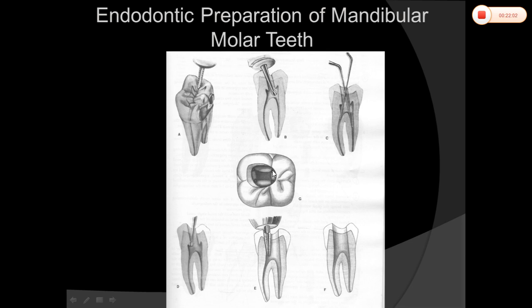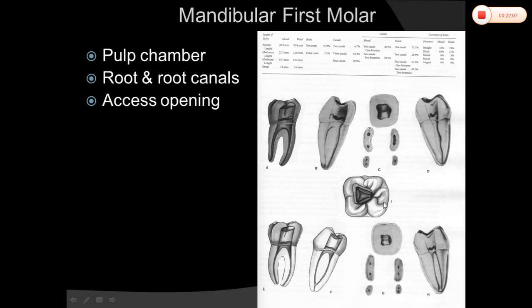If there are two distal canals, you can see them like this. If there is one distal canal, it should be a large oval orifice, just opening distal to the buccal groove. The access cavity is trapezoidal or rhomboidal in shape. There are some variations: radix entomolaris, where a supernumerary root can be seen distolingually, and radix paramolaris, where a supernumerary root is seen mesiobuccally. These are two variations in the first molar.